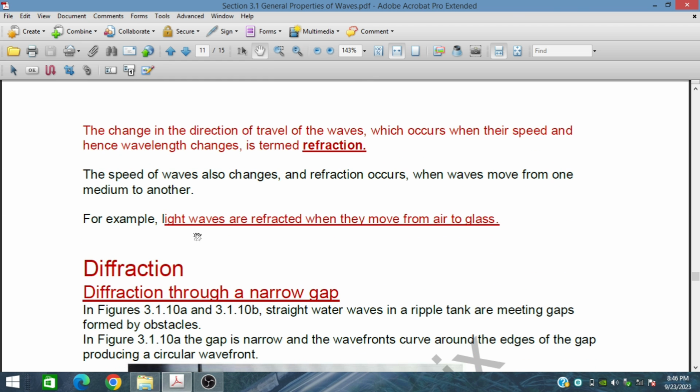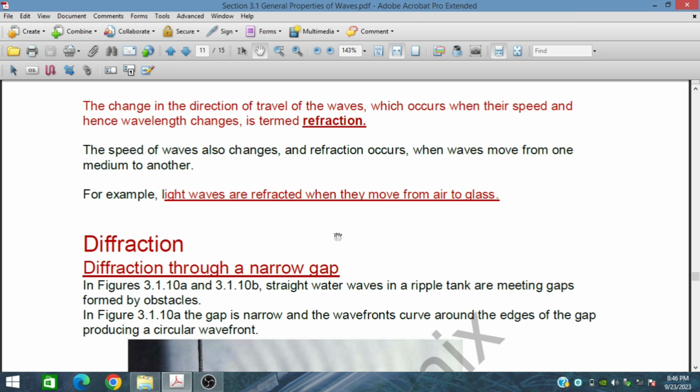For example, light waves are refracted when they move from air to glass. This refraction phenomenon also occurs in light. So this is refraction. Another phenomenon is diffraction, which